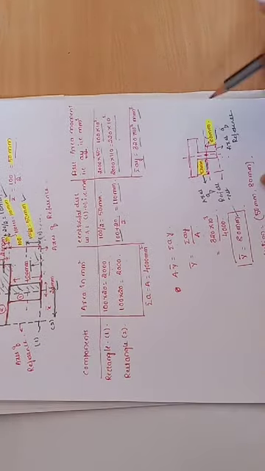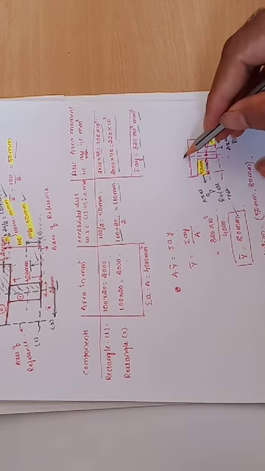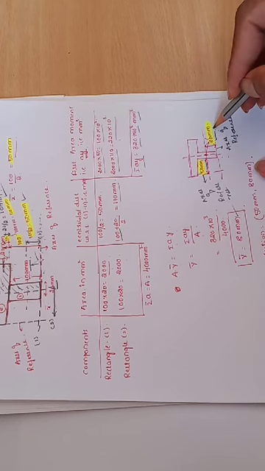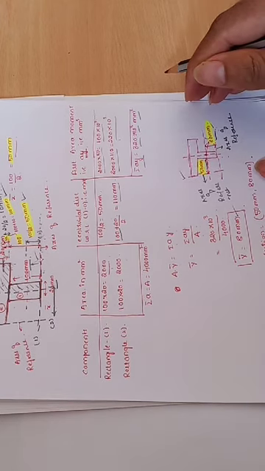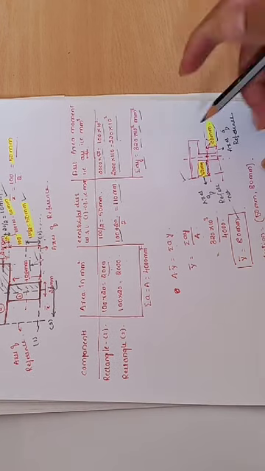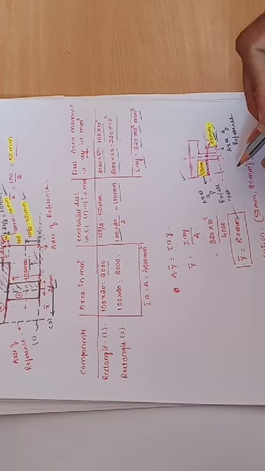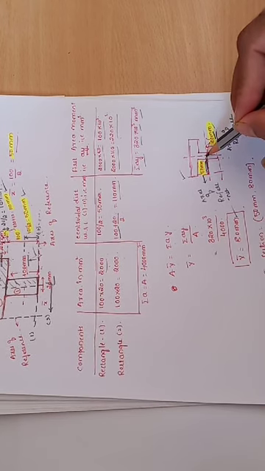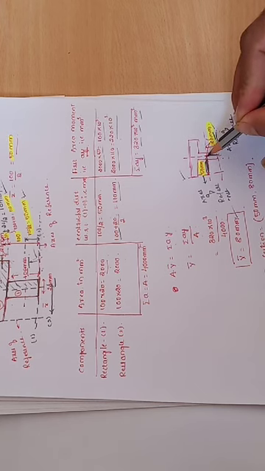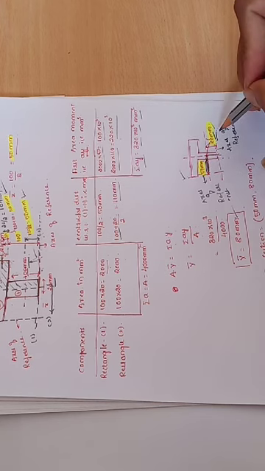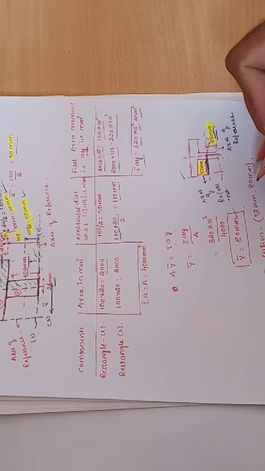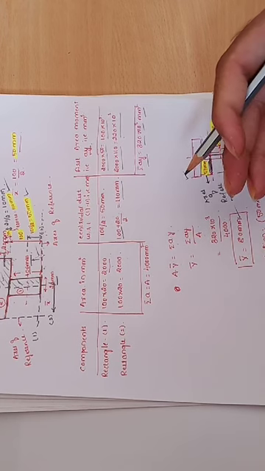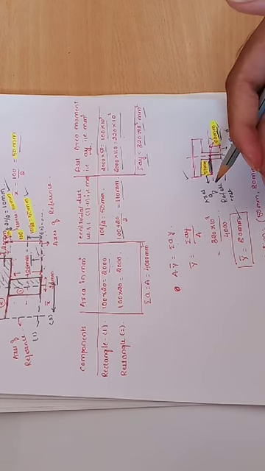After that, you are supposed to show the CG distance of this entire figure with reference to this axis and similarly this axis. This will be 80 millimeter and similarly this one will be 50 millimeter. So X bar is 50 and Y bar is 80 millimeter. Is that understood? Okay.